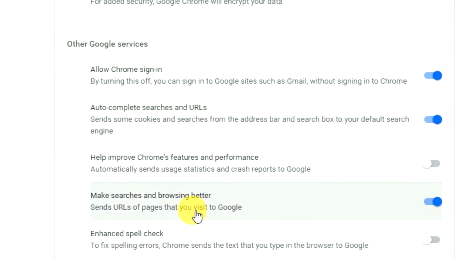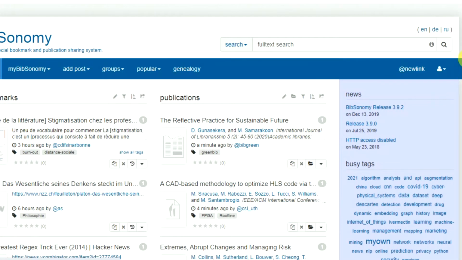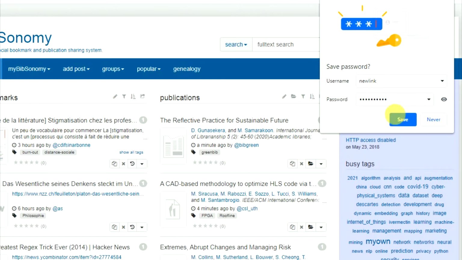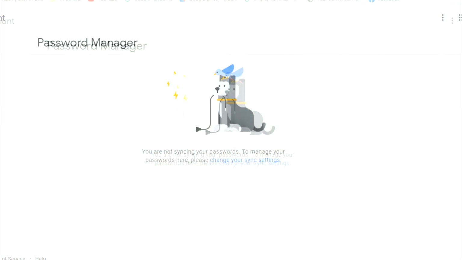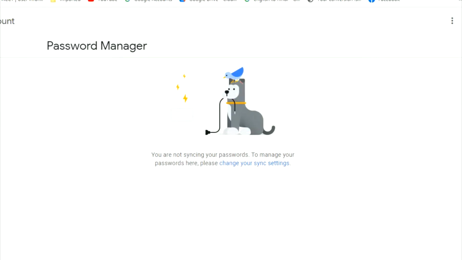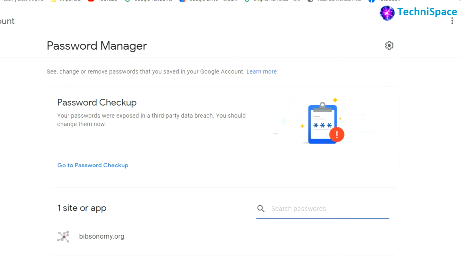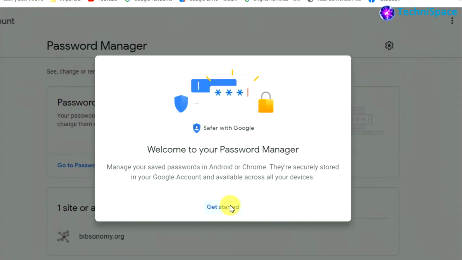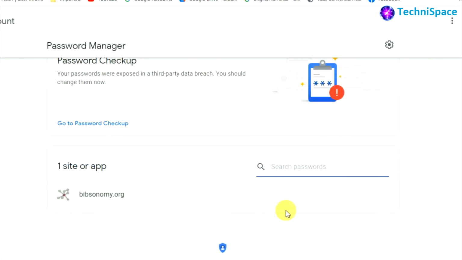Testing Google Password Manager by logging into a website and saving its username and password. Logging in and entering username and password. After a few seconds, from the right side, an option will open for you to save username and password. Click on Save. Now your password will be saved offline and online. Coming back to Password Manager and checking if the password is really stored online. Refreshing the page and checking again. We can find that the website is registered in the Password Manager, which will show your saved URLs, username and password, and that can be edited.